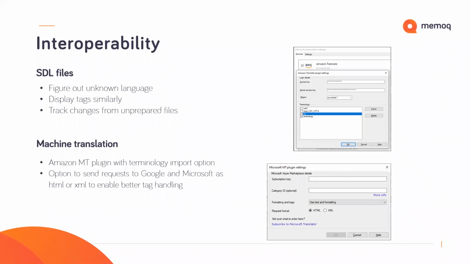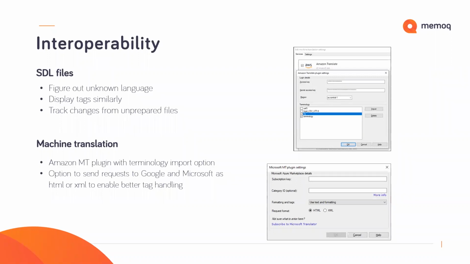So we played around with it, and instead of actually switching over to XML straight, we are now offering the option for the user to determine whether to send the MT request to the service in HTML or XML